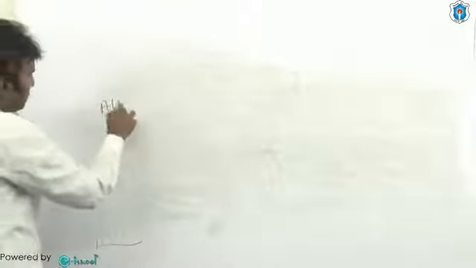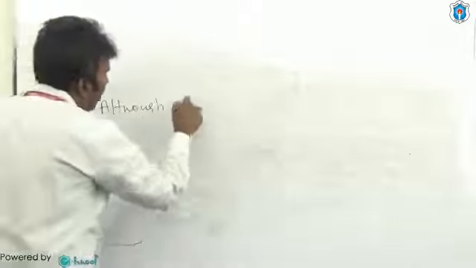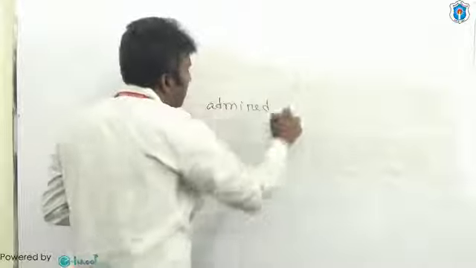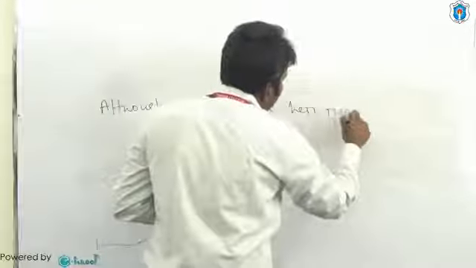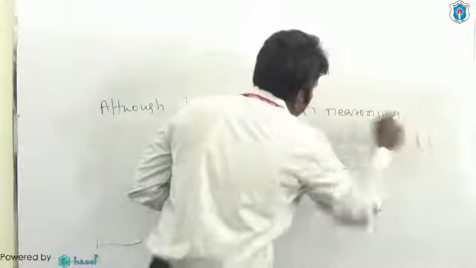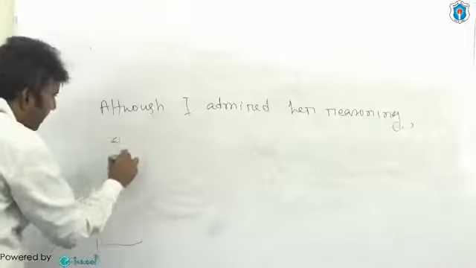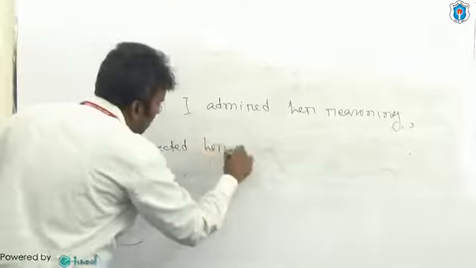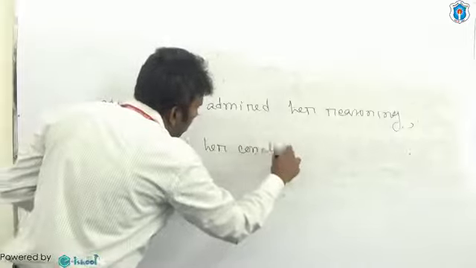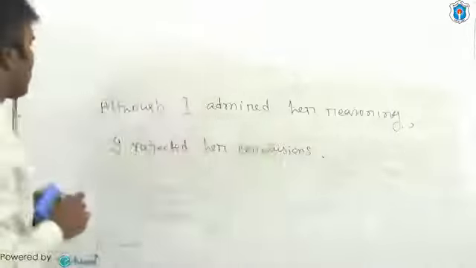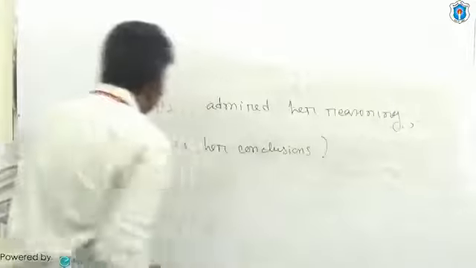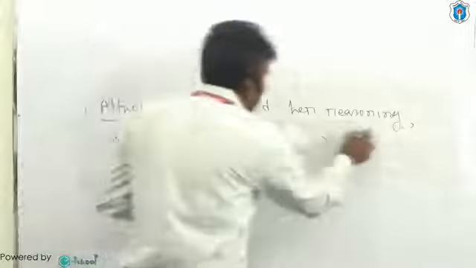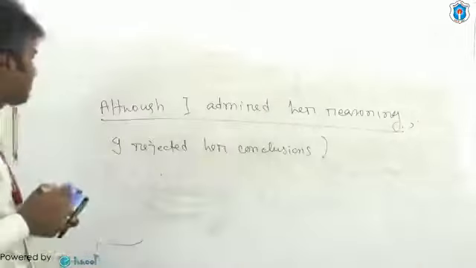Look at the sentence: Although I admired her reasoning, I rejected her conclusions. In this sentence, the first part, although I admired her reasoning, is an example of a subordinate clause because this